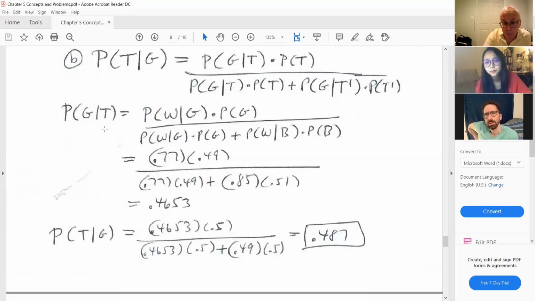Correct? Could you say that again? What's the probability of the girl? If you know the child is in the treatment group, what's the probability that it's a girl, right? That's what this is here, I think. Isn't that the same thing as saying,